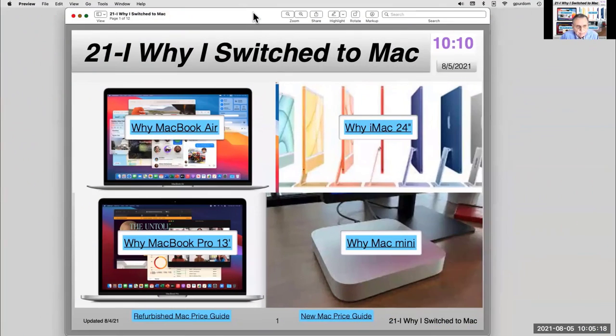Today I'm going to present from the Preview app, and we're going to look at the slides that I sent out to everybody. Now, all these slides were made in the Keynote app on the Mac, and Keynote has a strong presentation system, and I was working on that, and just to speed things along, I'm going to present it from Preview. Now, this is the first sheet of the slides that I sent out, and a few of